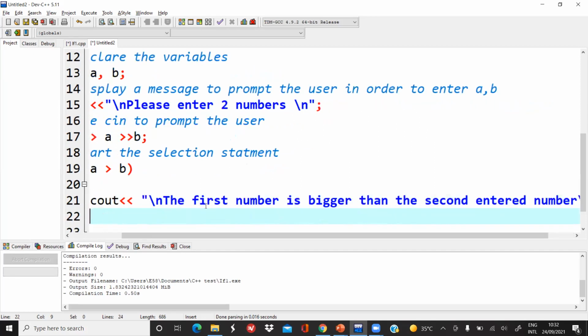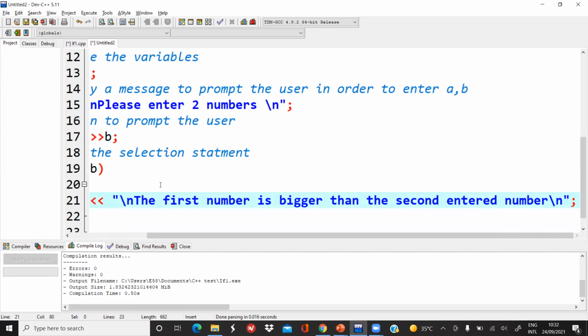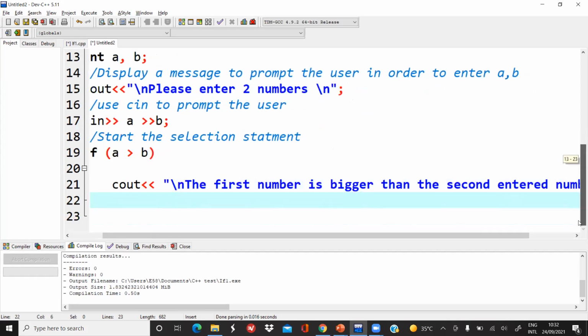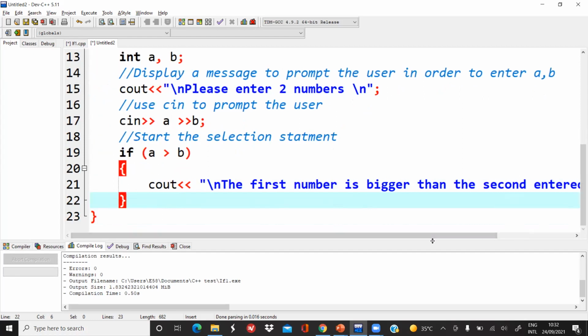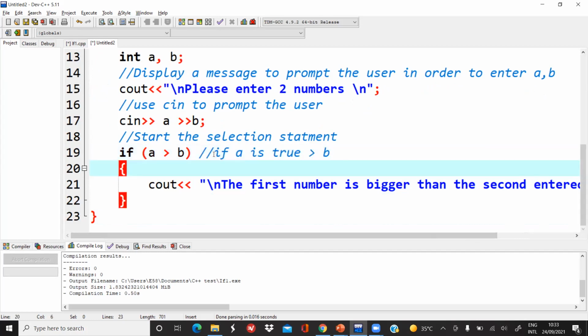تمام done خلصنا. هذا if A bigger than B. طيب إذا ما هو bigger than B it's not. هذا if true. If A is true bigger than B. طيب if not